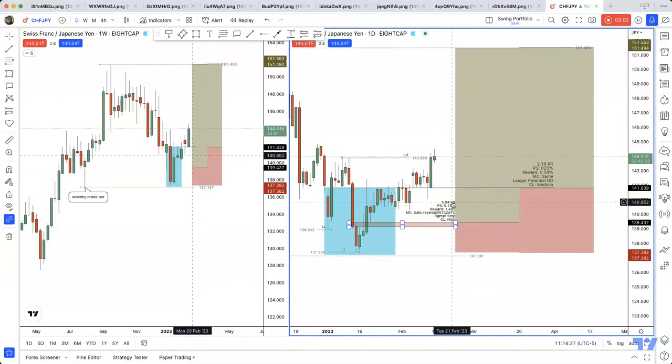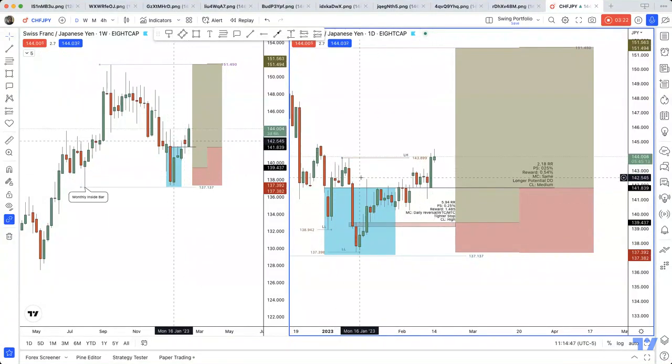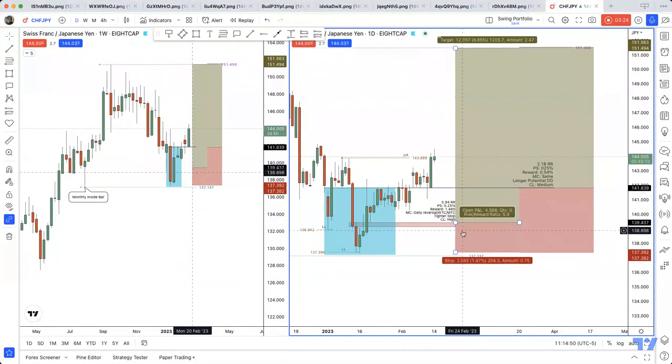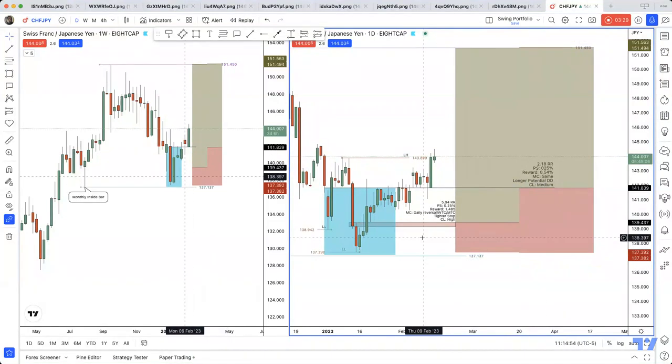This first trade will be a 5.94 RR. The position size that I would enter into my account is 0.25%. The reward is going to be a 1.485 percentage gain. And then my market condition is that this is a daily reversal, because we're going from a downtrend to an uptrend. This has a tighter stop than what my higher time frame entry would be, and my conviction level on this trade is higher,